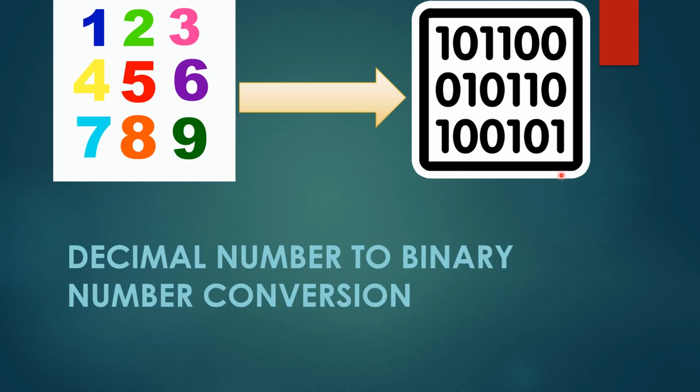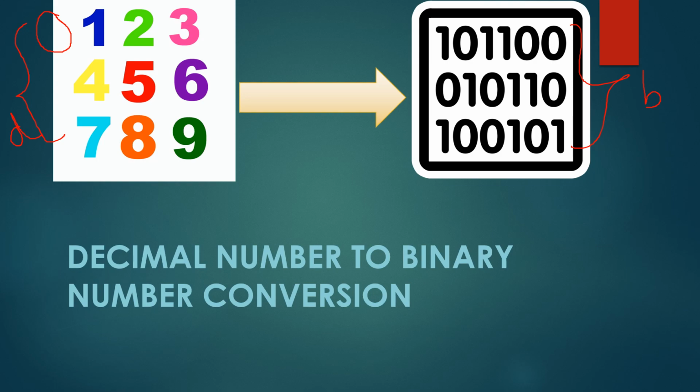This is the explanation of conversion of decimal numbers to binary numbers. So we all are aware of the decimal and binary numbers. Decimal numbers are numbers from 0 to 9. So 0 to 9 numbers are called decimal numbers, and the numbers which include only two digits, 0 and 1, are called binary numbers. Okay. So we are going to learn how to convert decimal numbers into binary numbers, and